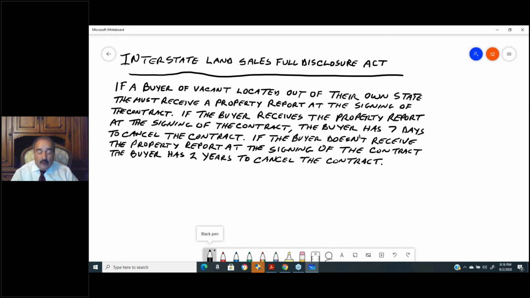Now, remember, this is only if you buy vacant land located outside of your own state. This doesn't apply to vacant land in your state. This doesn't apply to a house. In your state, out of your state, this has nothing to do with it. Only vacant land. And I'm going to tell you what's going to be on the property report. The reason they did this is that